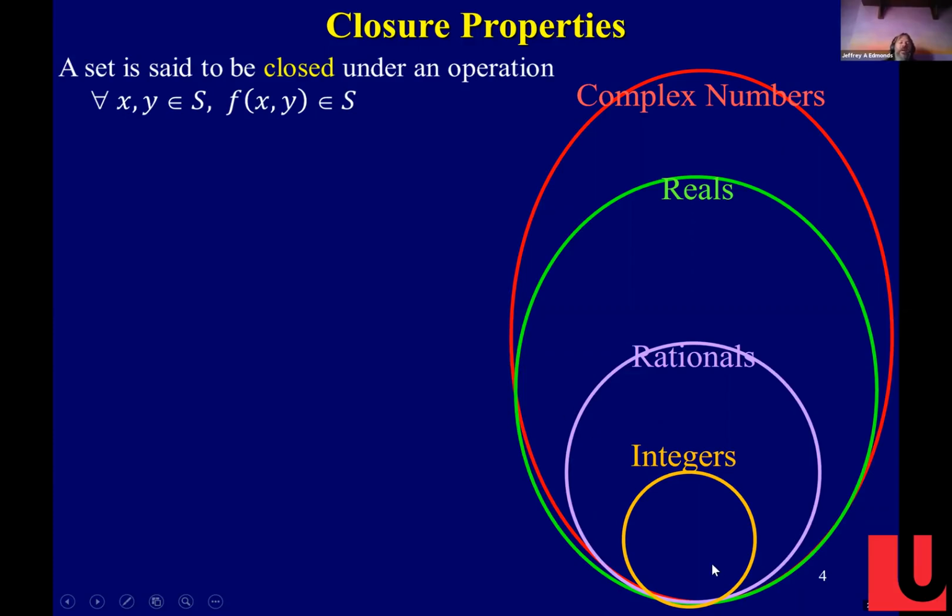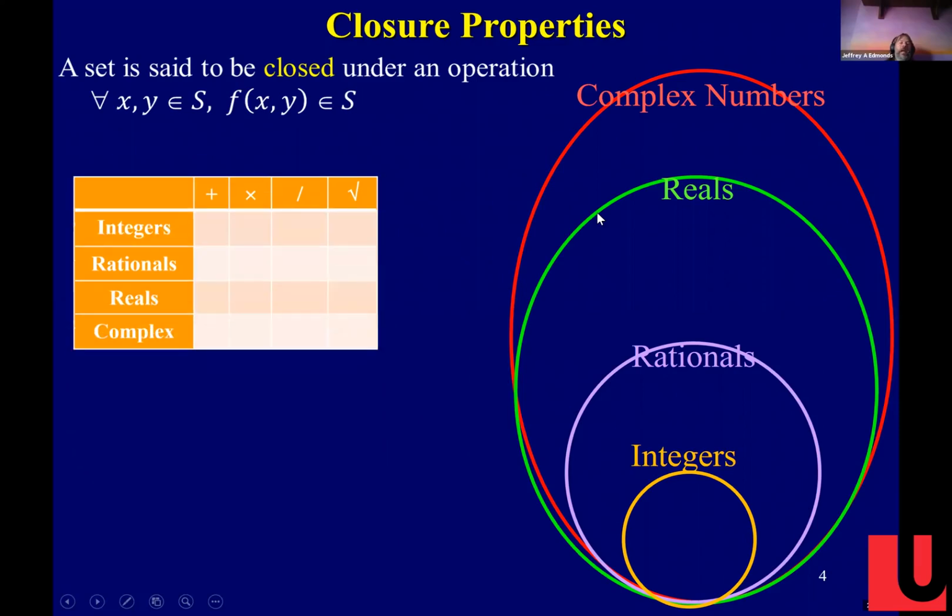Here's the set of all integers, the set of all rationals, the set of all reals, the set of all complex numbers, right? And we want to see which of these are closed under plus or times or divide, right? Well, if you take two integers and you add them together, what do you get? You get an integer. So integers are closed under